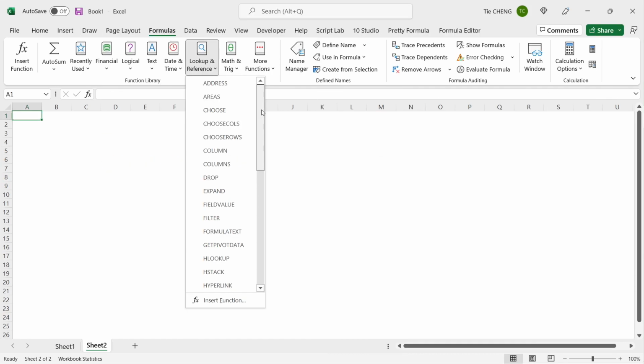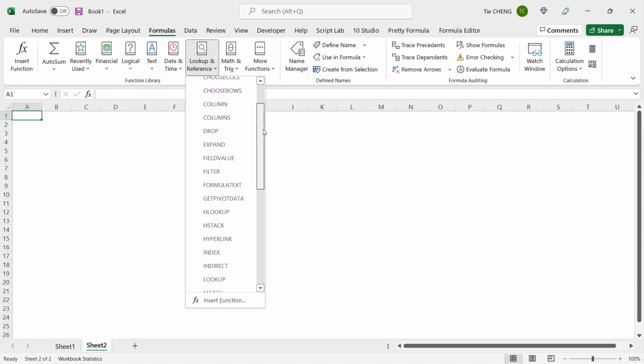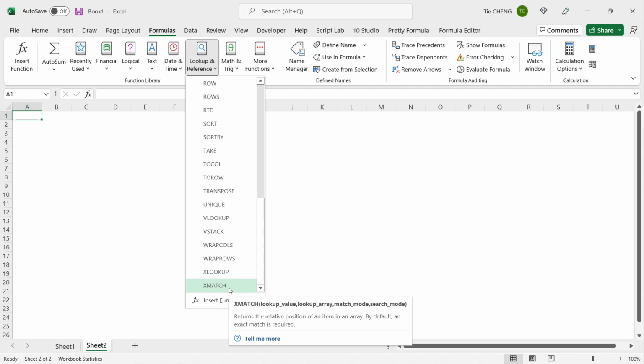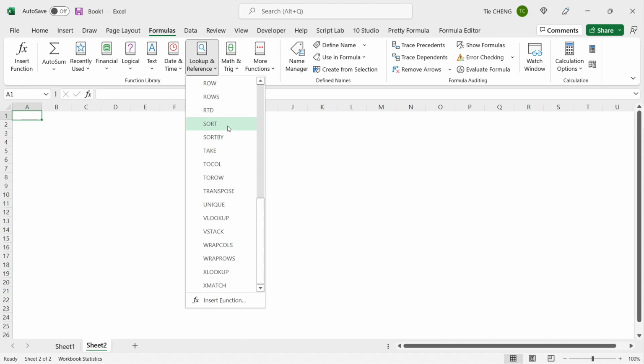Automation of spreadsheets comes down to manipulating, searching, and positioning data in two-dimensional arrays, which are a particular form of spreadsheets. Actually, the lookup and reference category of Excel built-in functions is dedicated to that. For instance, this category contains the famous XLOOKUP, XMATCH, and dynamic array functions like SORT and UNIQUE. The functions of this category are very powerful, but their power is so underexploited by most Excel users due to the learning curve.